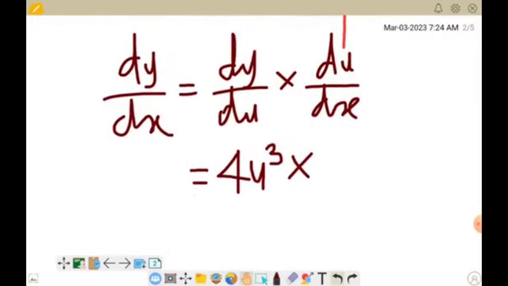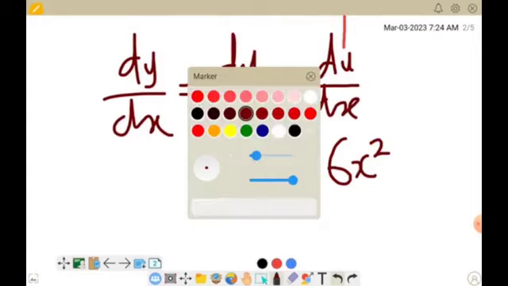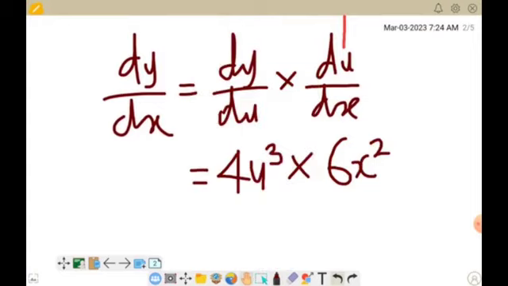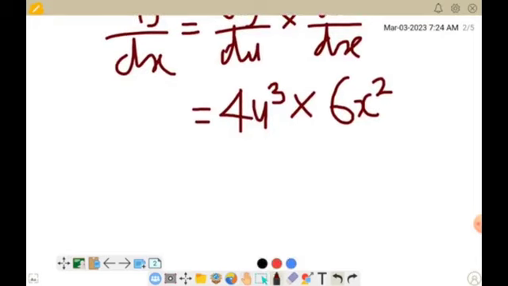And then write 6x to the power of 2. I hope you're getting it. All right, what's the next step to take? The next step to take is very simple. We are going to multiply these terms here. Look at 4 and we have 6 here. When we multiply them, what will that give us? 4 times 6 is 24. So we write 24, then bring the